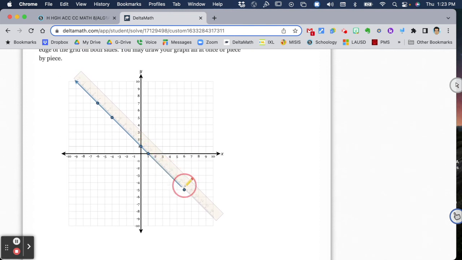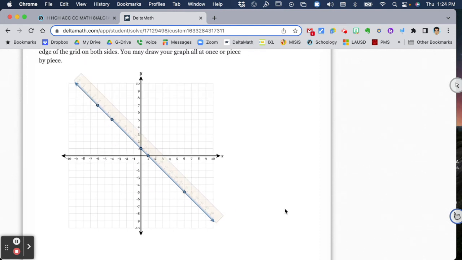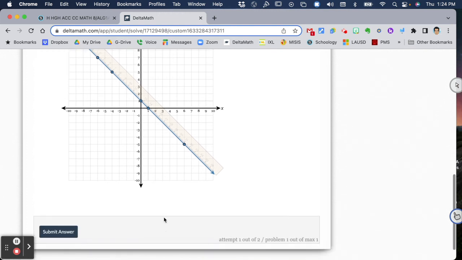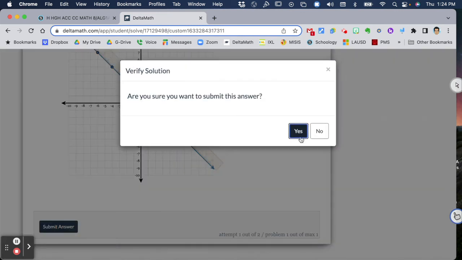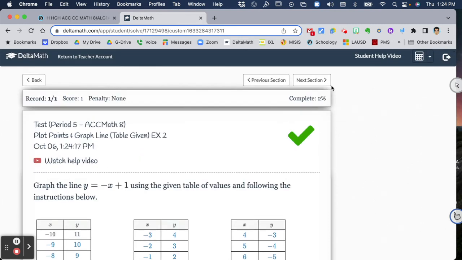I wonder if I could just do it with my finger on the smartboard. Okay, so you should get this line with your 5 points. Okay, so I'll let you submit that one. And let's go on to